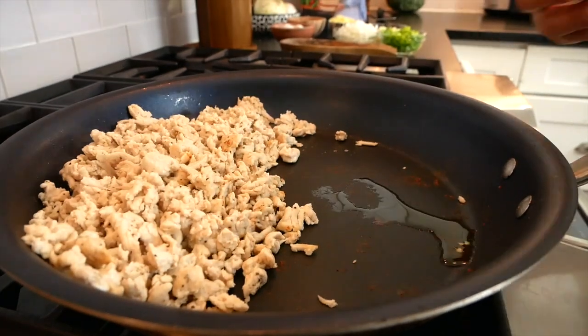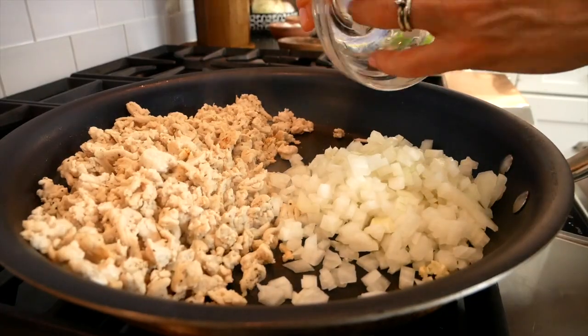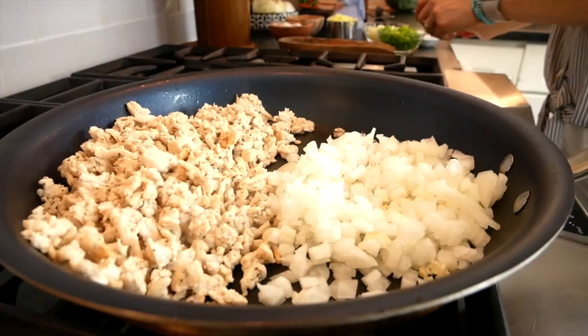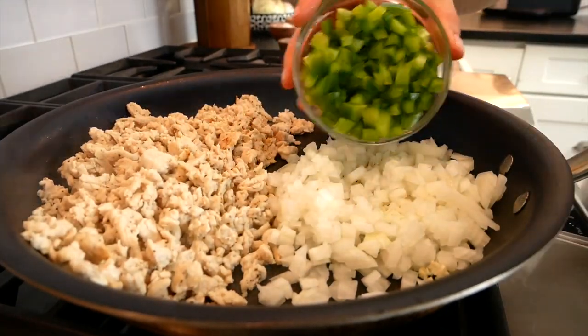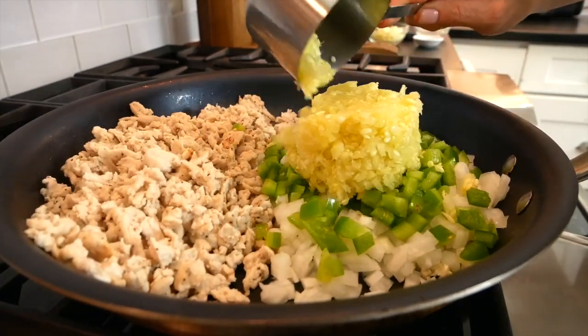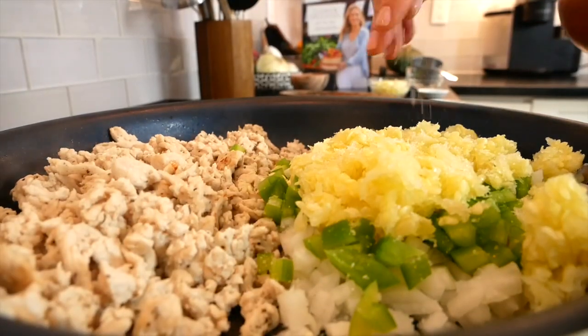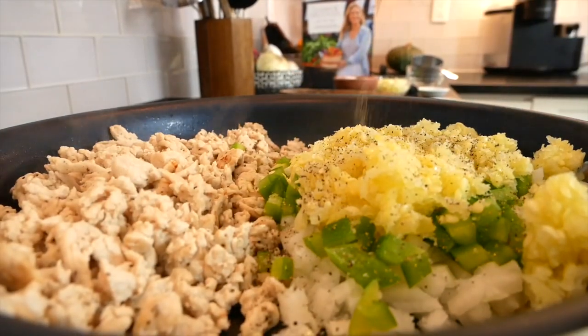So we've got some chopped up garlic, 1 small onion or half of a large onion. Ultimately, you want 1 cup of chopped up onions here. And then I have a chopped up green bell pepper and the reserved zucchini that we saved as well. We'll season that with a little bit of salt, some black pepper, and then I'm adding in a tablespoon of